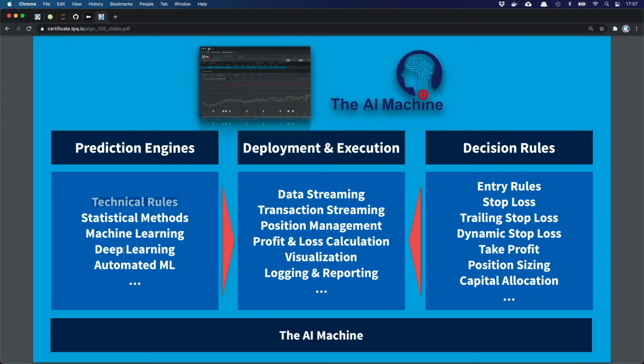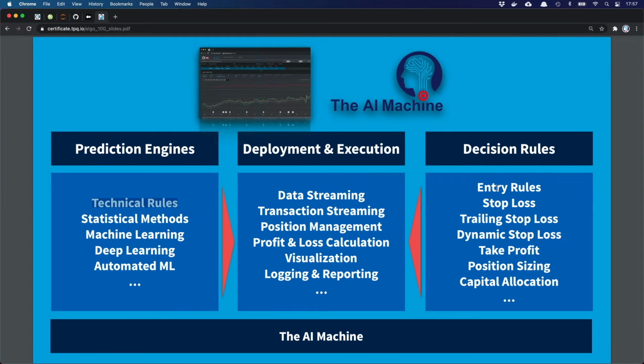You can use deep learning on a highly sophisticated level based on Keras and TensorFlow. We also had a working integration prototype with an automated machine learning platform. And then we add to the mix decision rules, like entry rules, stop loss rules, trailing stop loss, dynamic stop loss adjustments, take profit orders, position sizing, and capital allocation. This is what always comes on top.